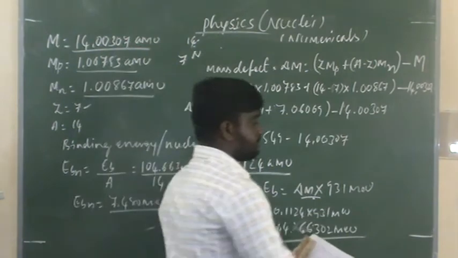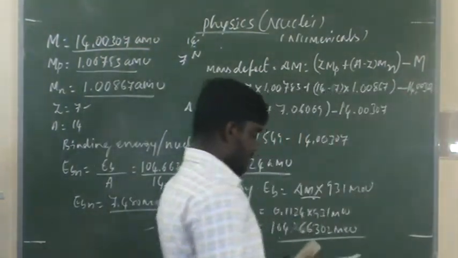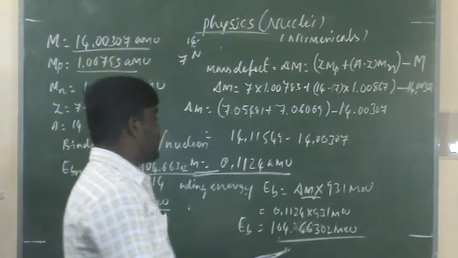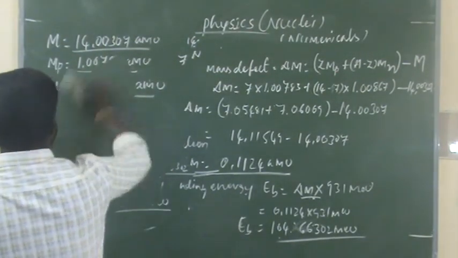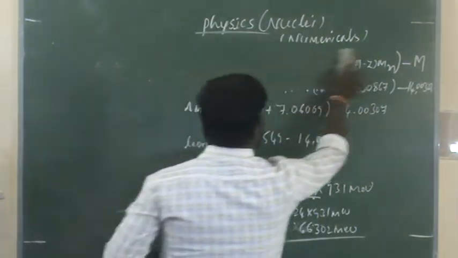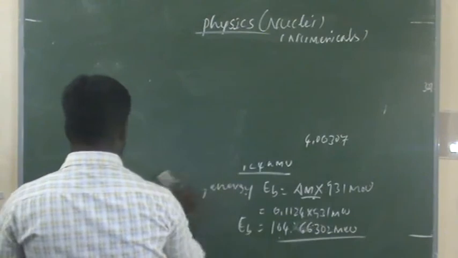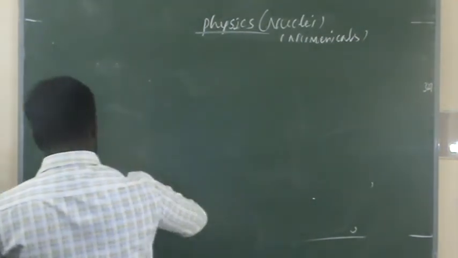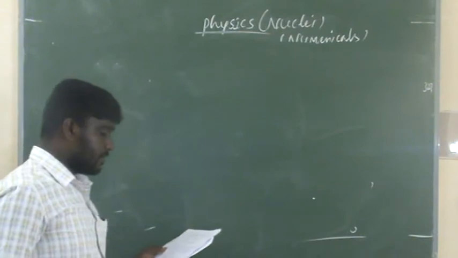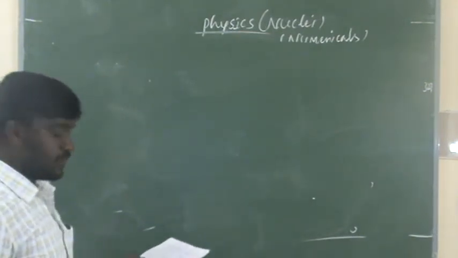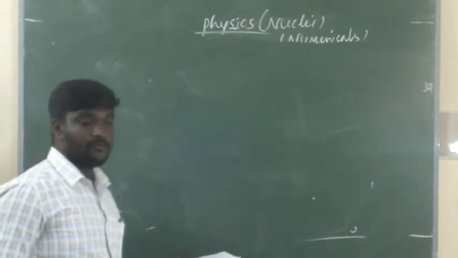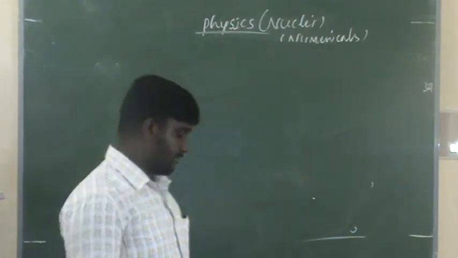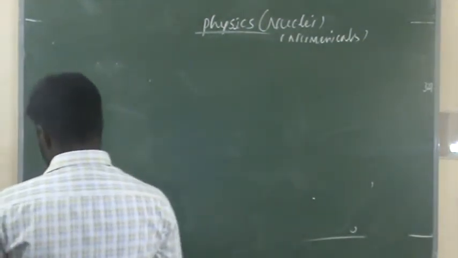So the next numerical. Obtain the binding energy of nuclei, 26 Fe 56 and 83 Bi 209, in units of MeV, mega electron volt, from the following data. So what they are given: